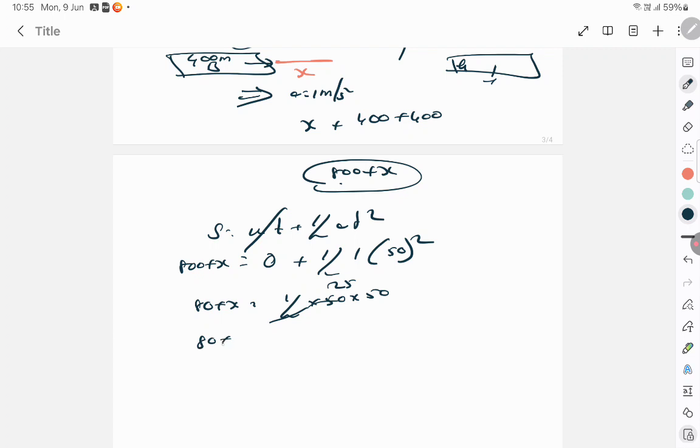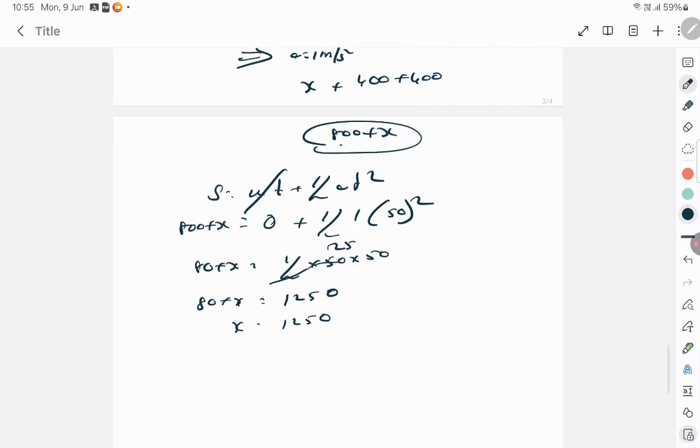Therefore 80 plus x is equal to 1250. x is 1250 minus 80, and what am I getting? 1170 is my x,